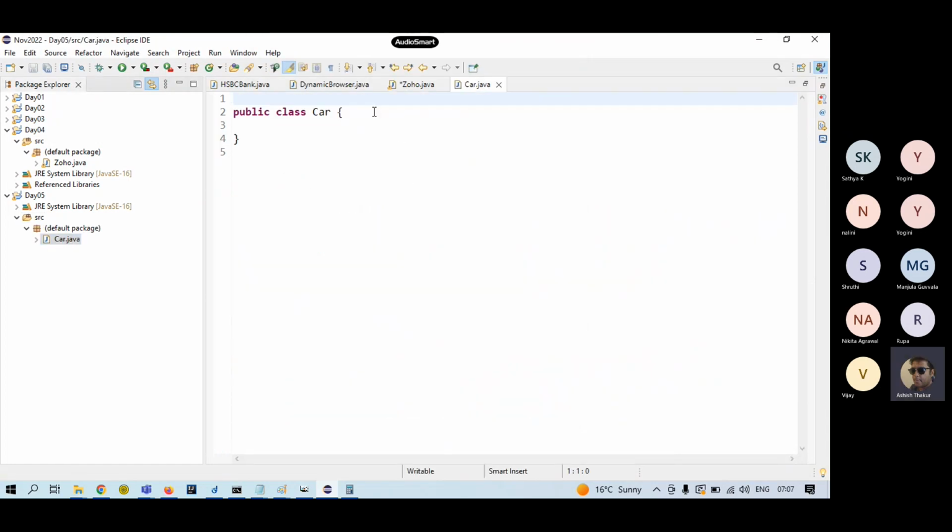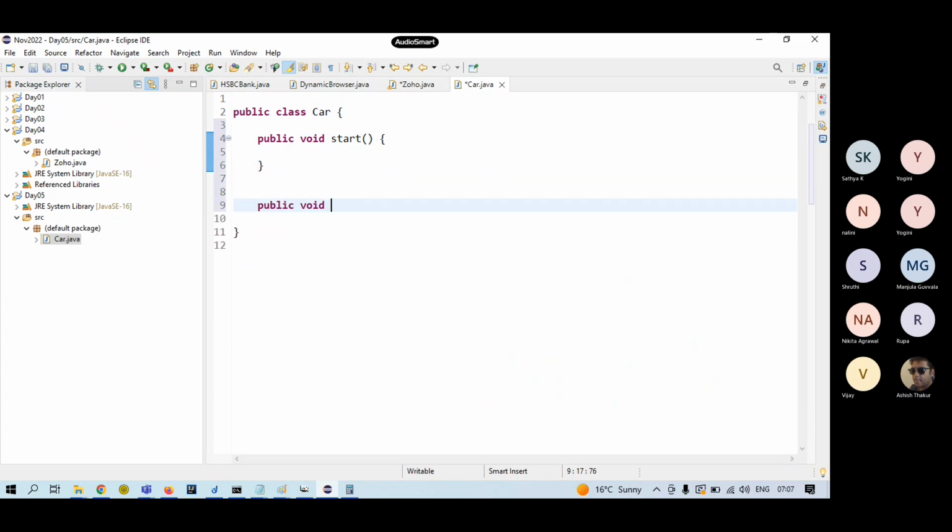Now car class has functions like public void start, a function like public void stop. Okay,